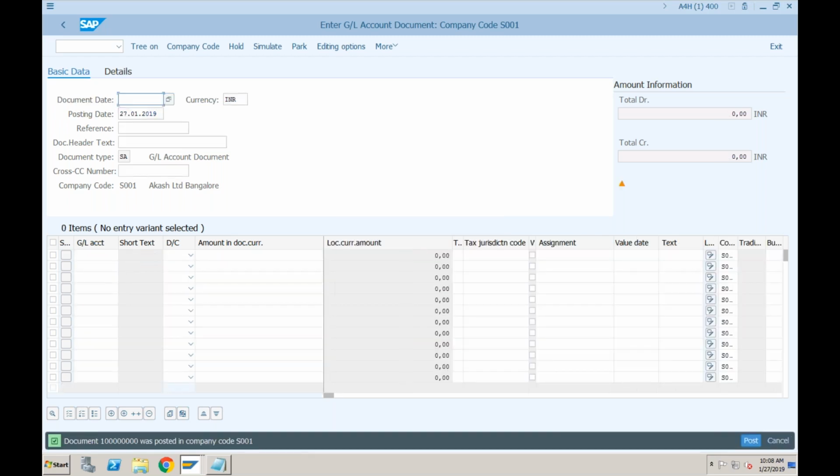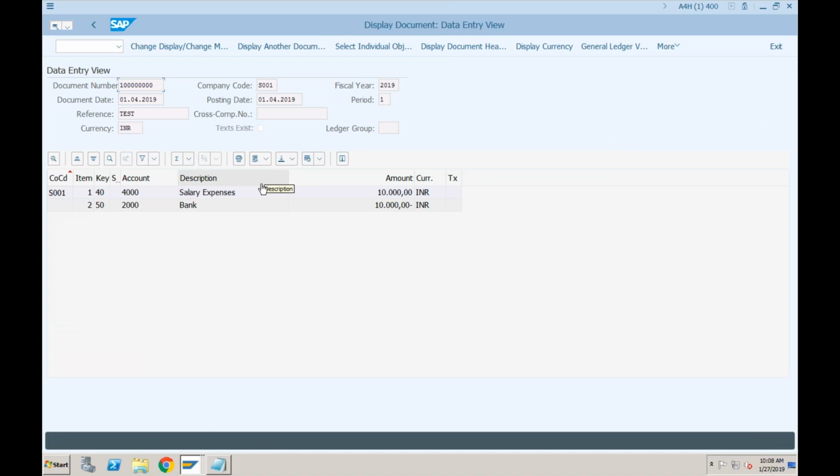So finally the document is posted. No more errors. Document has been posted in company code S0001. If you want to see the document, just go to more, document and display, which is nothing but the FB03 screen. So here you can see the document has been posted correctly.